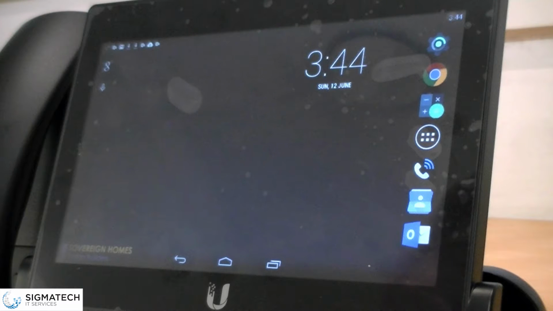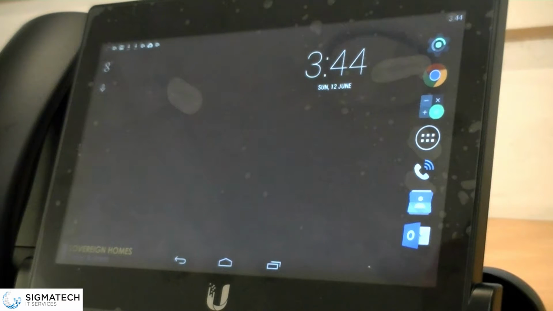If for some reason the phone develops a fault which you're not able to resolve, it is possible to reboot the phone, which will reset it back to its normal state. Now to do that, you simply need to remove the power cable and the Ethernet cable at the back of the handset. So I'll turn this around,